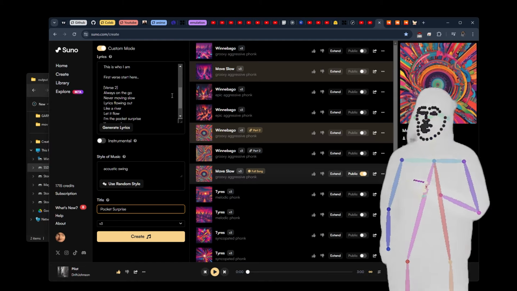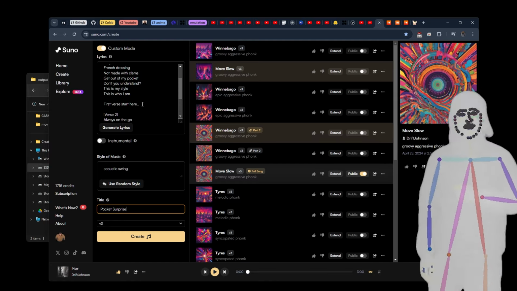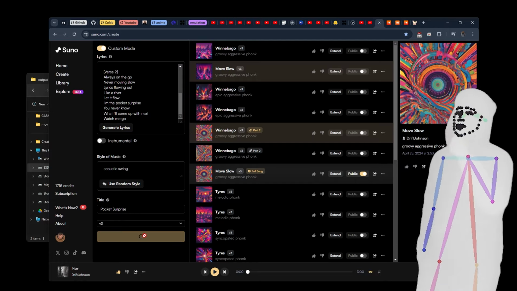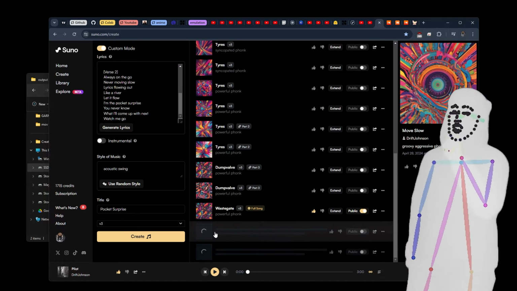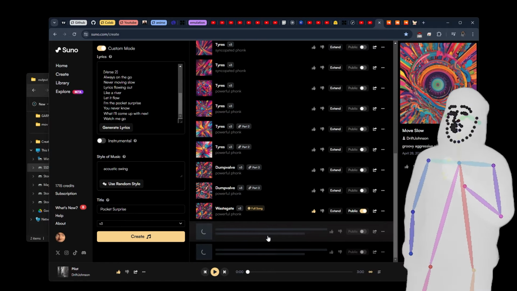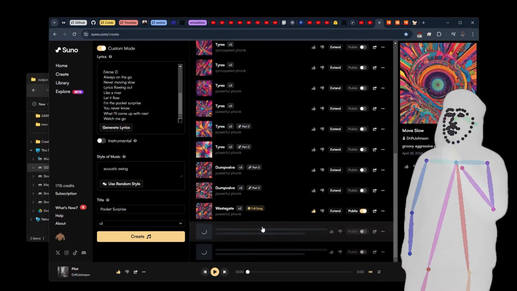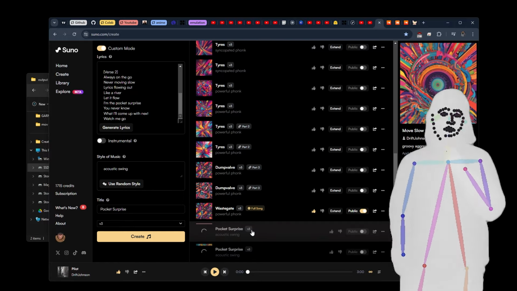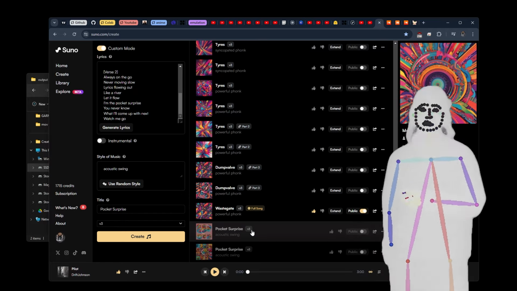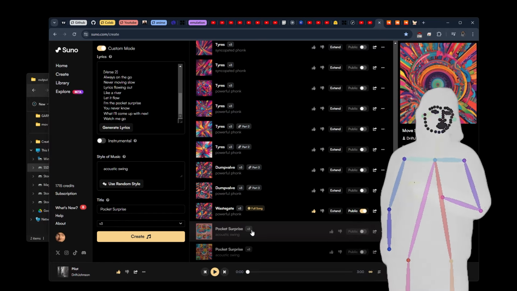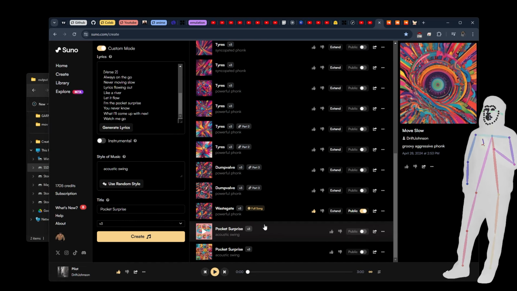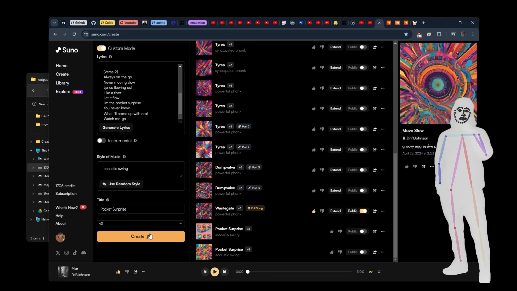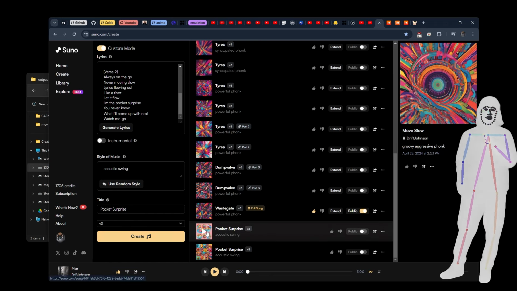Reading through the lyrics, first verse starts here. I don't know why you'd have that there. Oh, okay, it's like a thing. All right, cool. So we hit create and it's going to give us two tracks and they come out real fast. Then we'll give a listen to both of them, and I'll extend one of them and then we'll join it. That's all you need to know because it just comes down to taste, whether or not the track was good. Obviously you can just create, and it'll cost you, I think, 5 credits per spin.